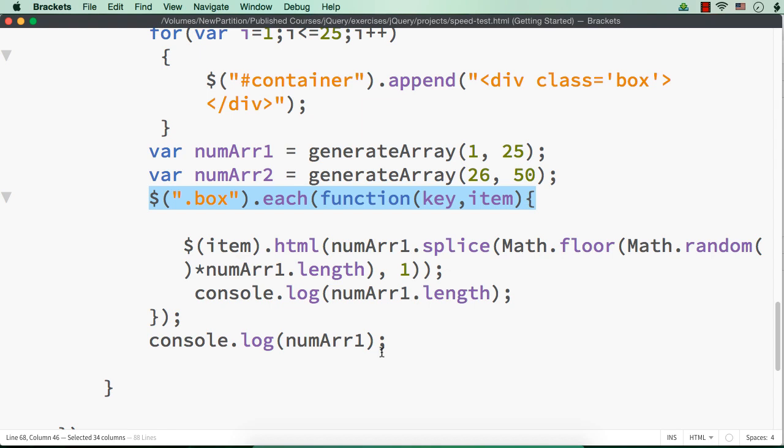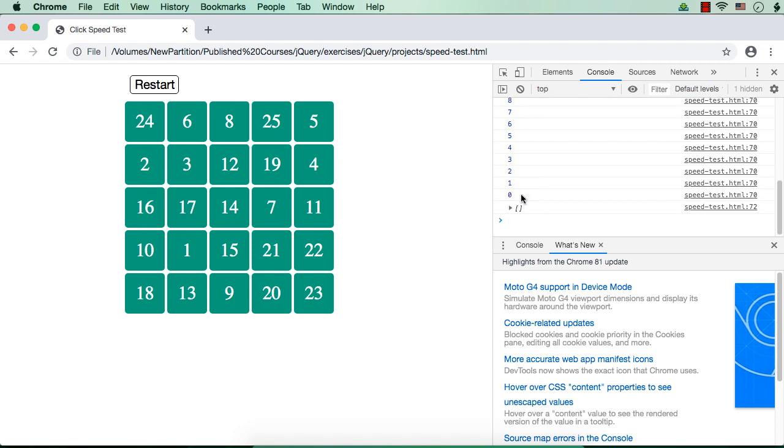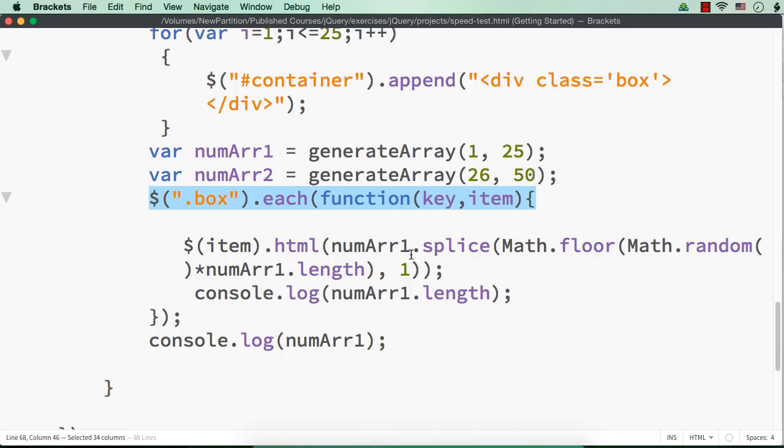Let me show you that as well. See, first it is 24, then 23, 22. So each time an item is fetched from the array, the size of the array is getting decreased. See, it is 0 at the end and we are seeing an empty array. So when we use this splice method, we are removing the item from the array and at the end we are seeing the empty array.